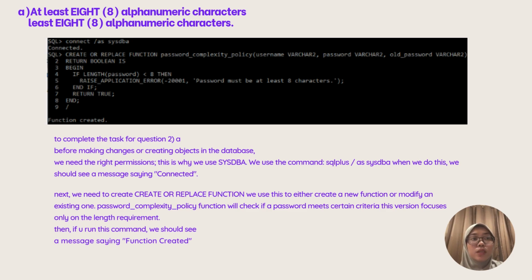Function password_complexity_policy. This will check if a password meets certain criteria. This version focuses only on the length requirement. So let's break down the code line by line. Return boolean specifies that the function will return either true or false. Begin starts the function's executable